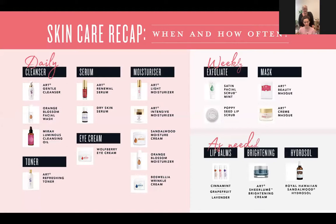This is a great skincare recap of everything I've just talked about, for when to use them and how often to use them. It's a great little guide that the company have put together, called a skincare recap, and basically it goes through it. So what I would suggest is that, especially if you haven't been,